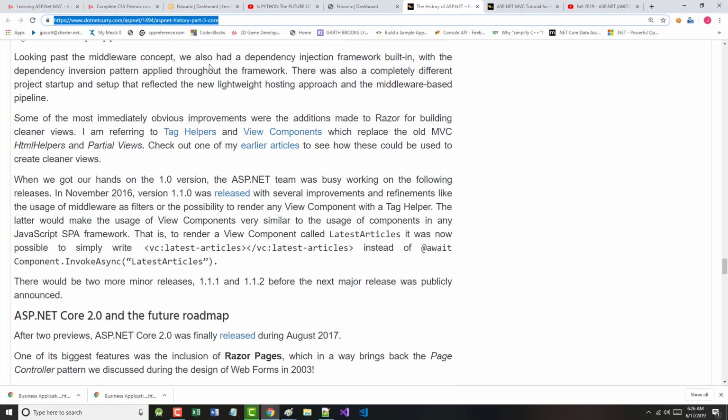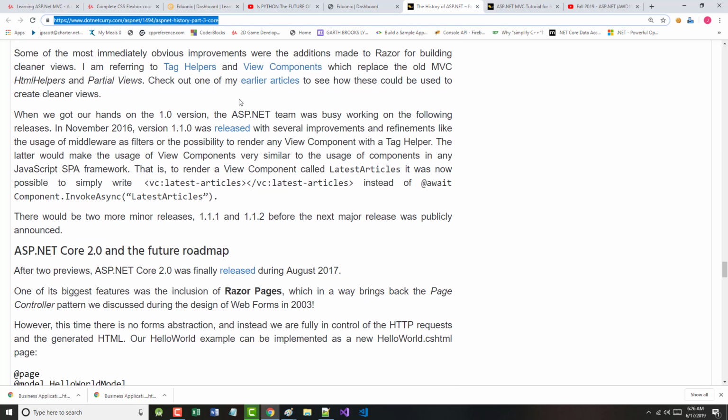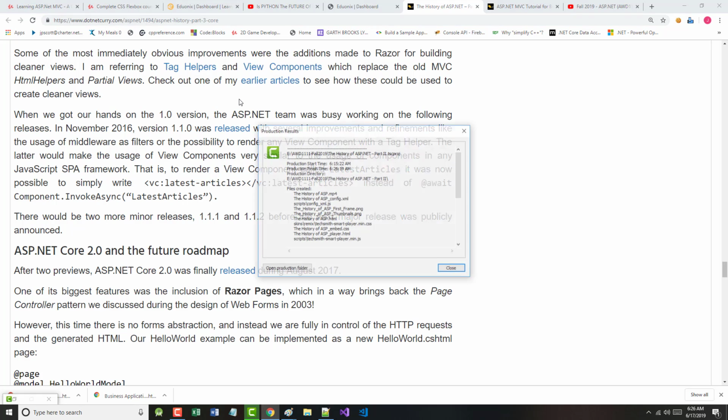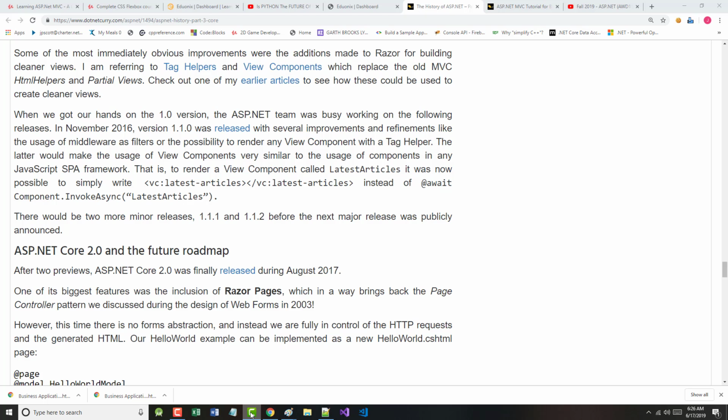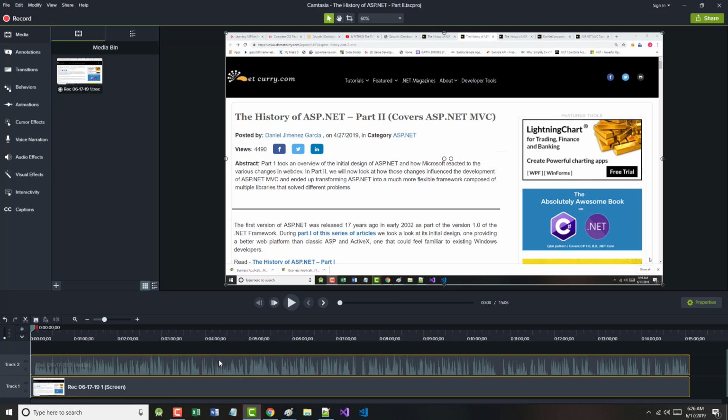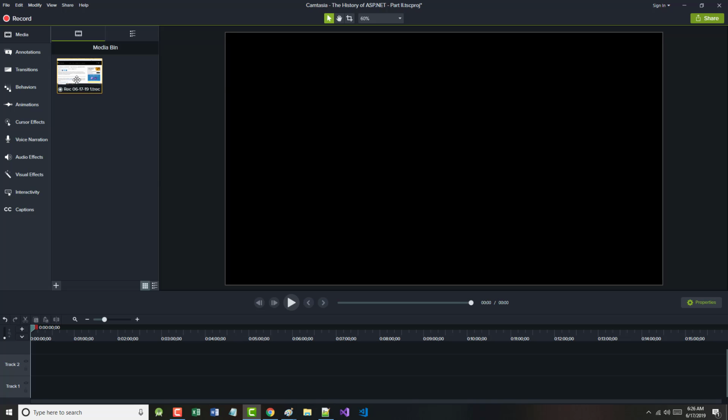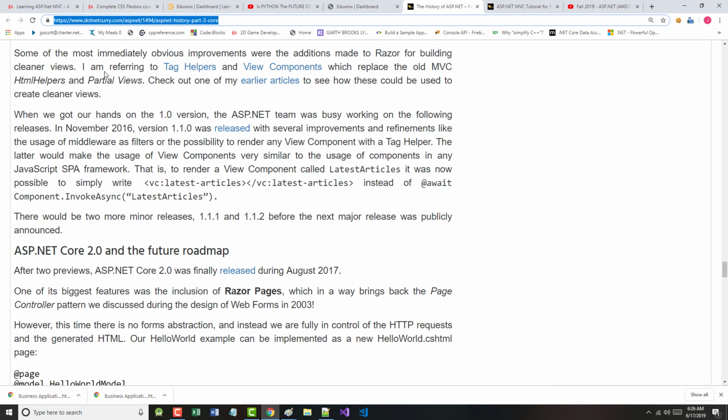Looking past the middleware concept, we also had a dependency injection framework built in and a dependency inversion pattern applied throughout the framework. We've talked about dependency injection in other lectures. Some of the most immediate, obvious improvements